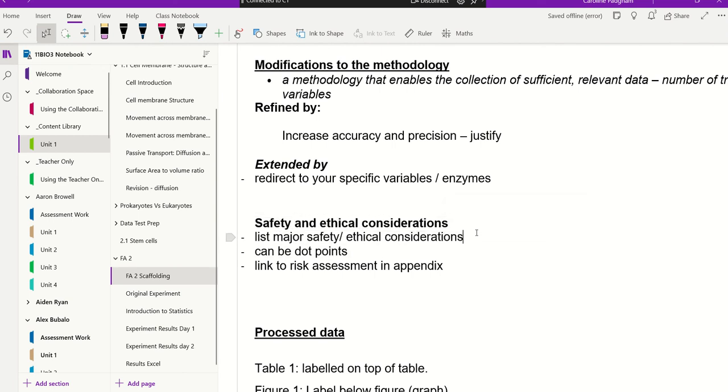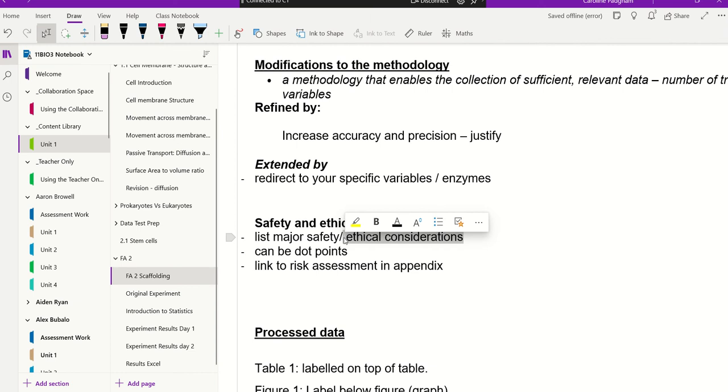You need to make ethical considerations as well. By ethical considerations, we didn't use any living organisms, but if we were, say, doing an experiment on animals or plants or observing them, we need to consider ethics about doing that because they're living things, but also the ethics of our cleanup and disposal. How does it affect the environment? Right. So ethical disposal of our